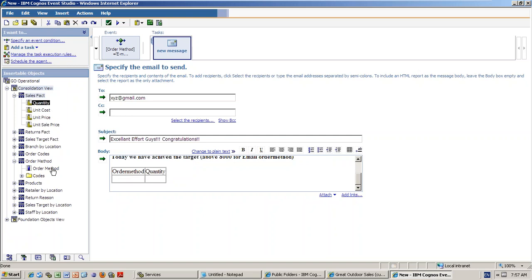What is the order method? Here you write it, because I want to show them what the value is also. And thanks and regards.